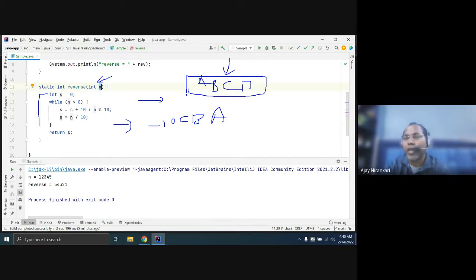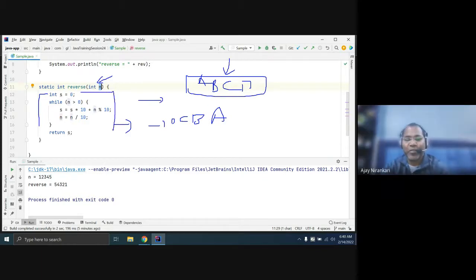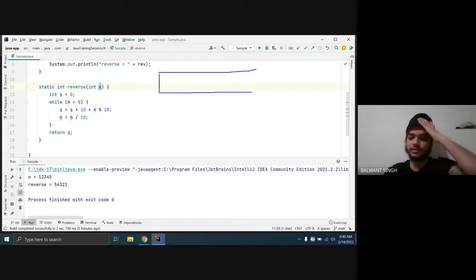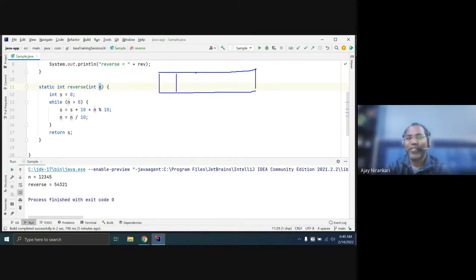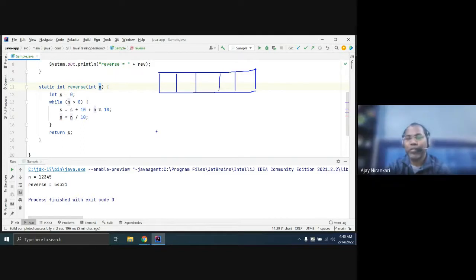So let's try it. Reversing is easy. There are multiple approaches here. First, we did reverse on a string, I think you did it already. Great. So what was your approach? I think this is a multiple approach.